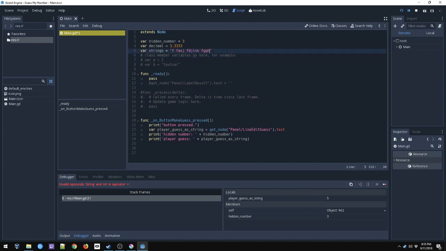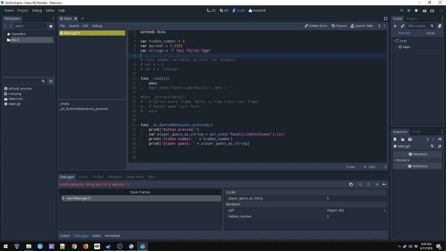Alright, so those are our 3 basic value type variables. What I've got here is an integer and a string, and the plus sign doesn't know how to combine those. So what I need is a way to convert this from an integer, a whole number, into a string so that I can concatenate them together using this plus sign. For that, there's a couple of convenience methods built into Godot, and they're used just kind of like this